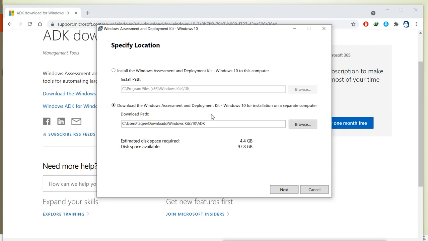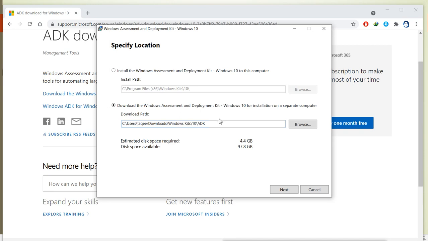And we can install it for a separate computer also. That means first it is downloading here, it will download it, and then we can decide whether we install it somewhere else or not. So we go with this, download and install. First download it. When you download this, then we can run it anytime we want. We can run it for this machine, we can run it for any other machine.